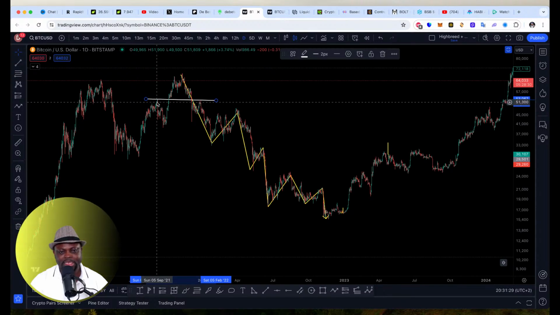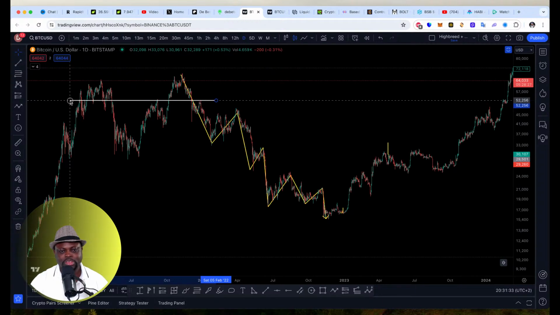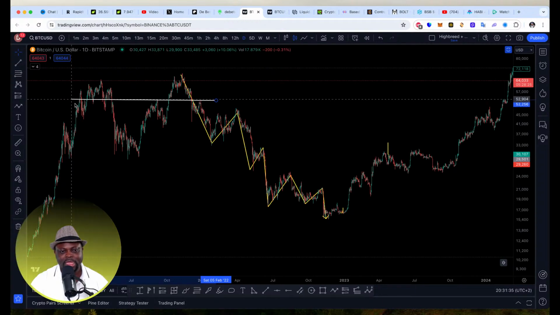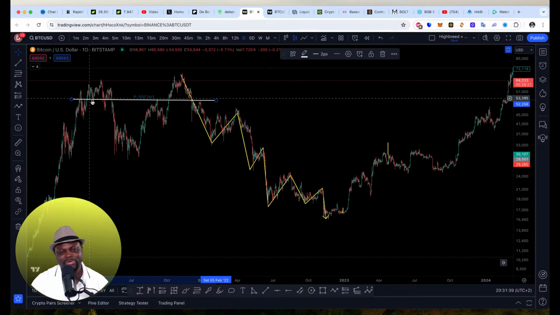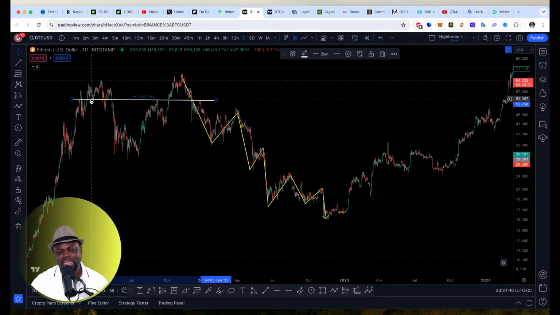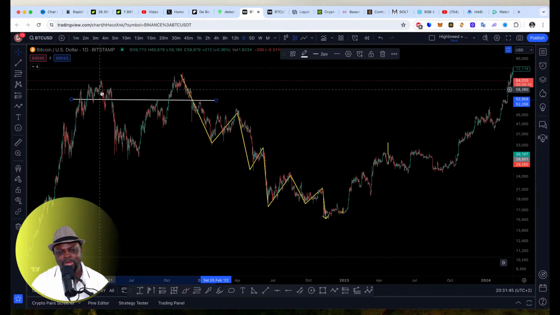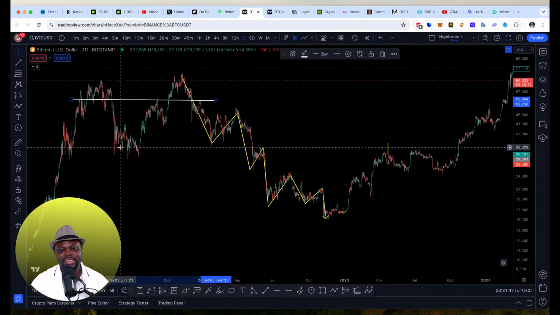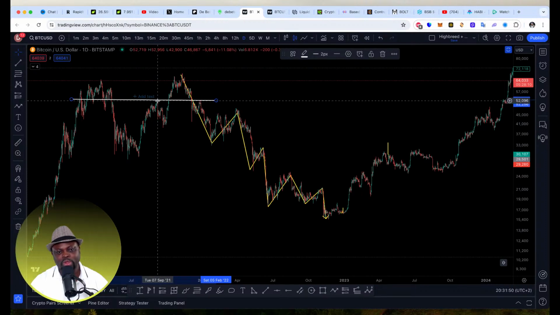Here you can see, if I draw it back there. So this is a structure that price built, and when price was moving up here, price built this structure here. It was just minor. This is on the daily time frame, by the way. So price rejected this zone and went up. It came back somehow, it broke it anyways, and the retracement was back to that area. You can see this area is almost similar to this zone here.